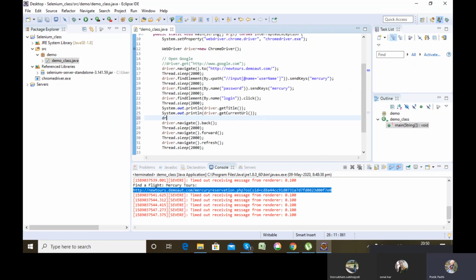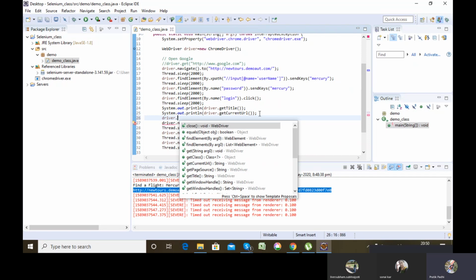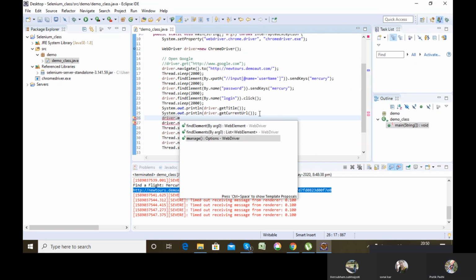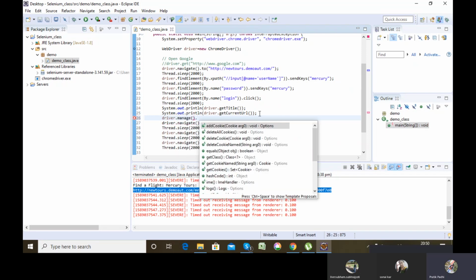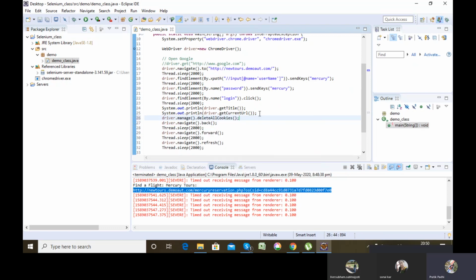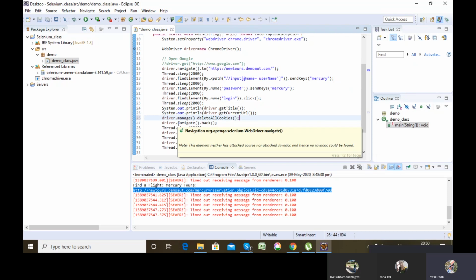For that we'll be using driver.manage().deleteAllCookies(). Here the history and cookies, everything stored for these lines of execution, would get cleared at this line. So when it comes to this line, it will be a fresh browser with no history, no cookies, and nothing stored in it.